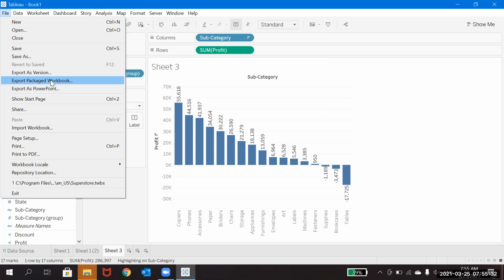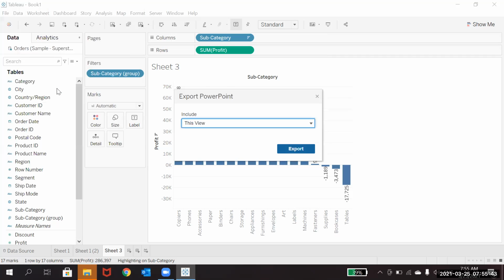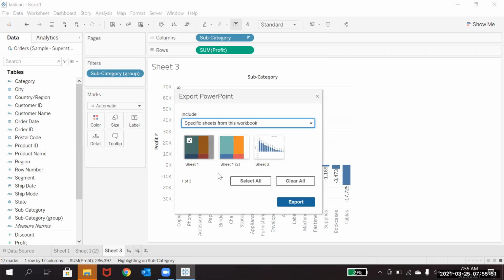And next one you can see is export as PowerPoint. The same thing: all the worksheets whatever you have done, you can put into a PowerPoint also. If you can see here, it says this view or specific sheets from this workbook. When you say specific sheets, it will ask which sheets you want to put into a PPT.